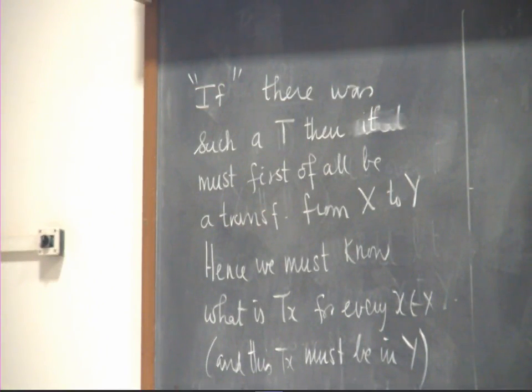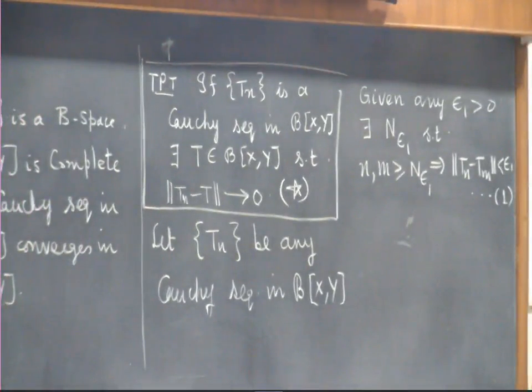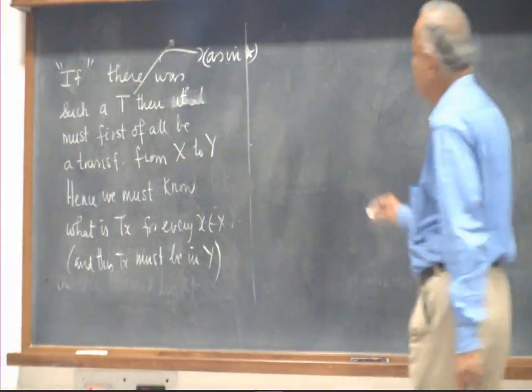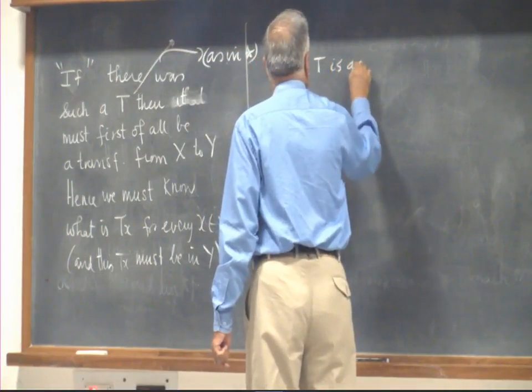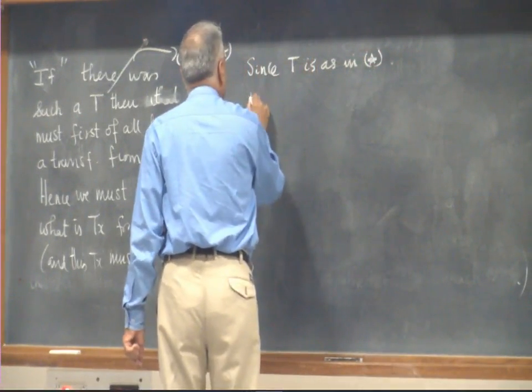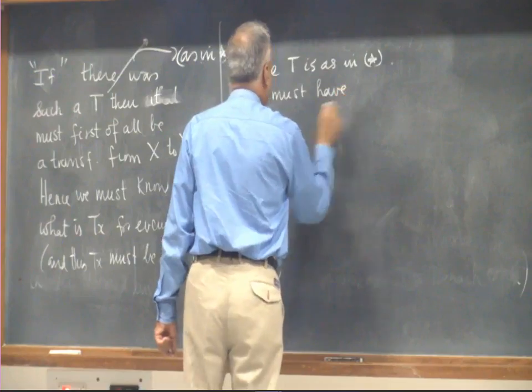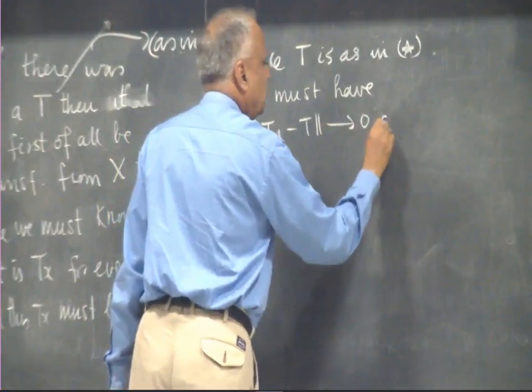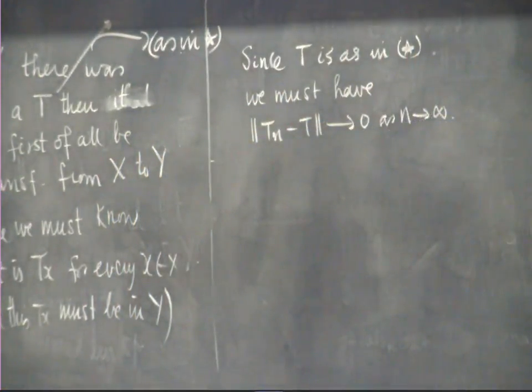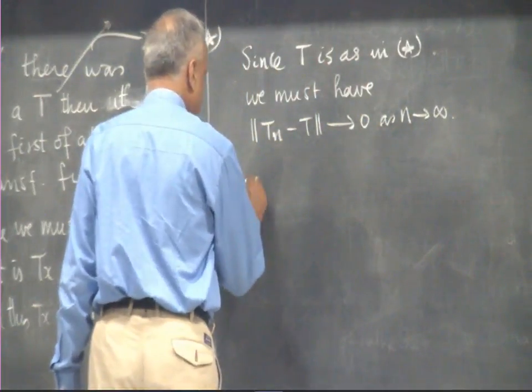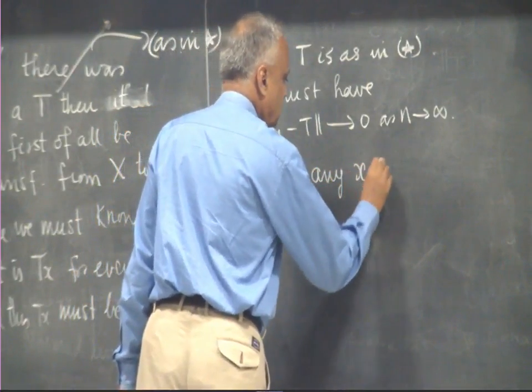Remember, we are saying if there existed such a T, we do not even know whether there exists such a T. If there existed such a T, then norm Tn minus T will go to 0. So, when I say if there existed such a T as in star, since T is as in star, we must have norm Tn minus T tends to 0 as n tends to infinity, if there exists such a T. In that case, hence for any x in X,